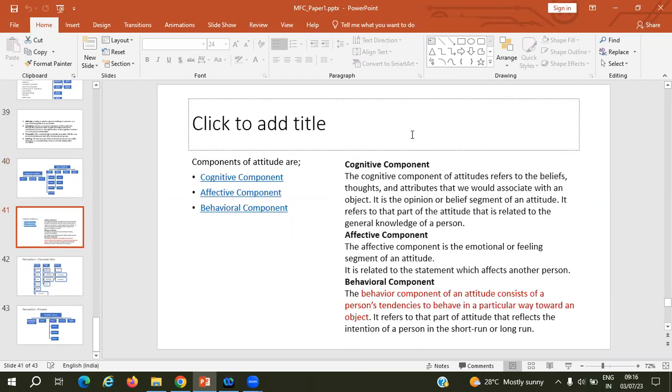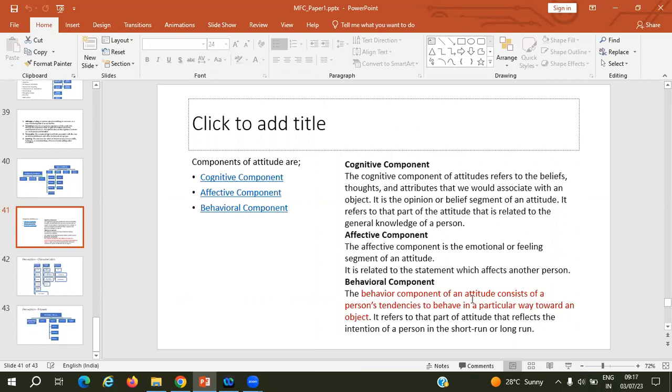In the next slide, I have given the details of that component. Whatever we discussed: cognitive component, affective component, behavioral component. We discussed now, we'll read through it. Cognitive component. What is cognitive component? The cognitive component of attitude refers to the